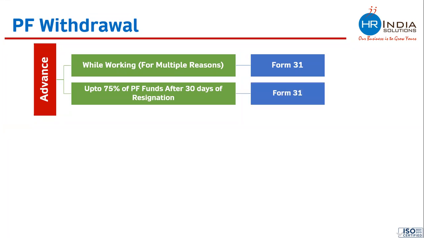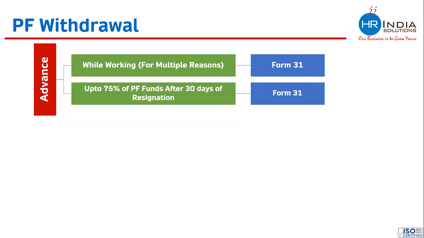Sir, I have a question over here: when we apply for this PF amount, do we get the pension amount as well? No, advance is given from your provident fund accumulated money only. The money which is lying in the pension fund, 8.33% from the employer side was going into pension. Pension money will not be touched. All this withdrawal, advance, everything will come from your provident fund amount. So when can we retrieve our pension? Give me some time. Let me come to that slide also. We will speak on pension also in detail.